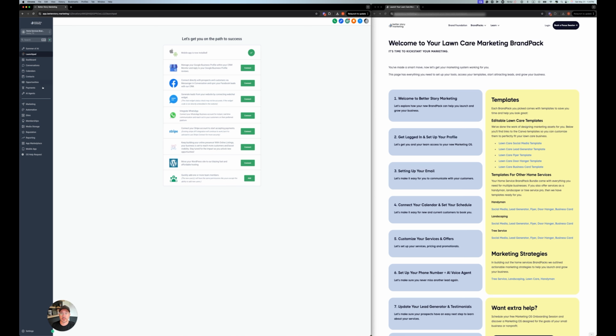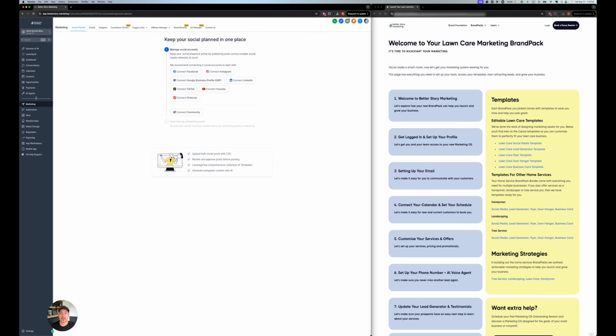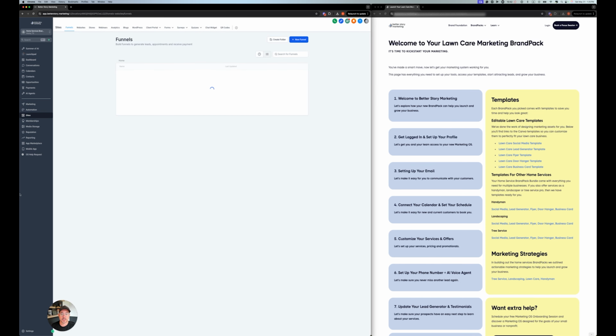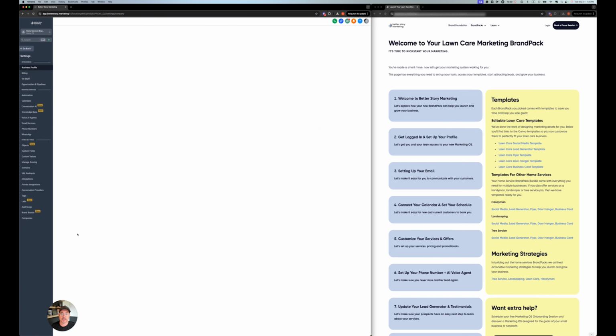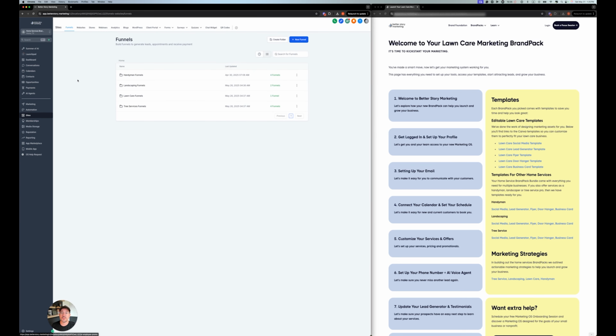We're not going to go through every little detail in here because there's a lot. As you can see, there's this menu along the side, but if I click on marketing, all of a sudden there's a whole bunch more menus. And as I click on sites, there's a whole bunch more menus. And even down here, I can click on settings and there's a bunch more. That's why we're not going to walk through all of it in this video,